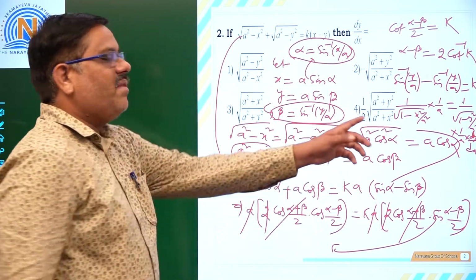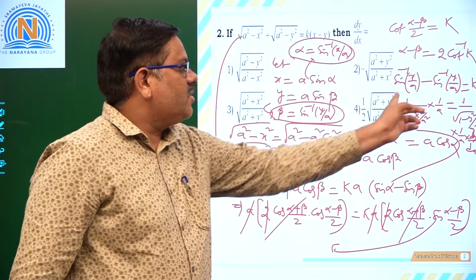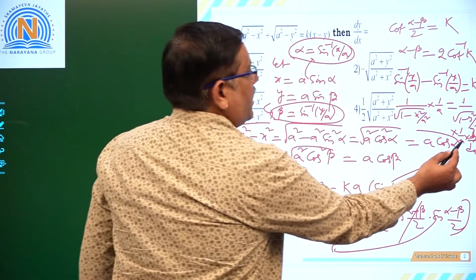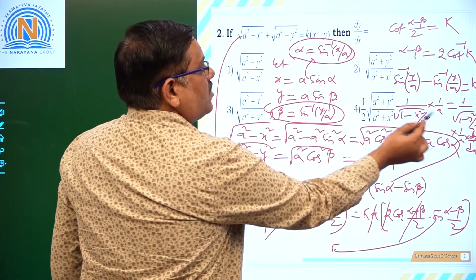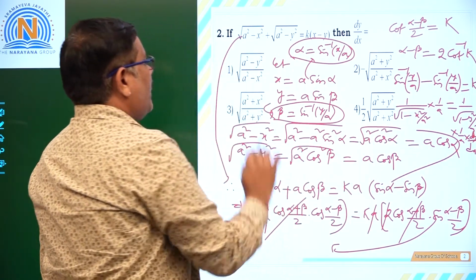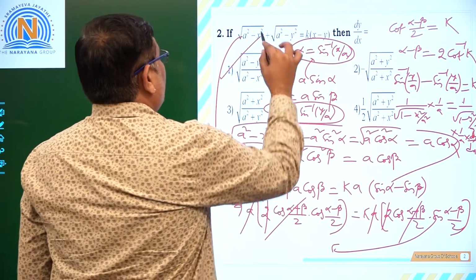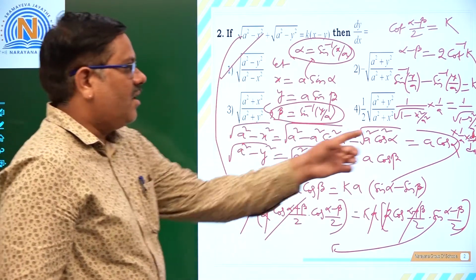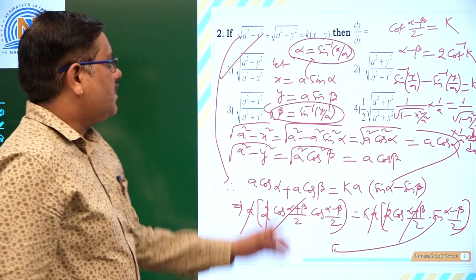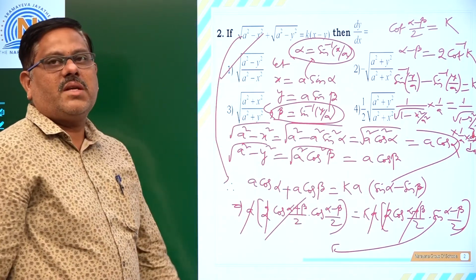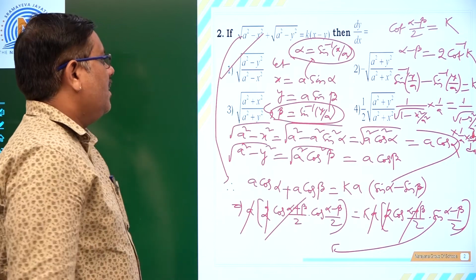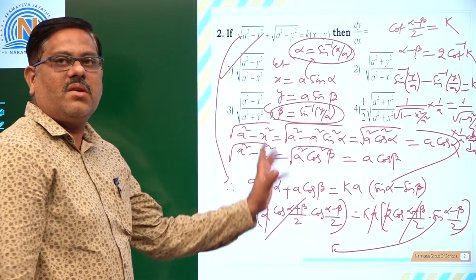If you simplify that, I want dy by dx, so I send this to the other side. I am going to have root over a square minus y square by a square minus x square. That is nothing but the first option for us. Further simplified, dy by dx is root over a square minus y square by root over a square minus x square. This is how we have to solve it.